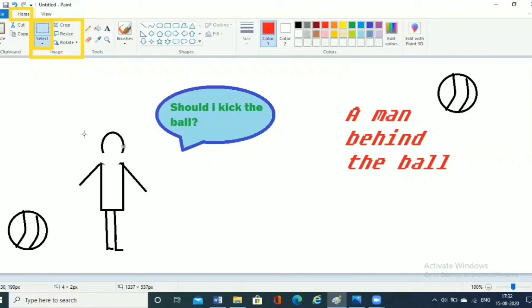I hope this concept is clear to you people. I would request everyone to go ahead and practice it. Once you practice it, you will love to work on this more and more.